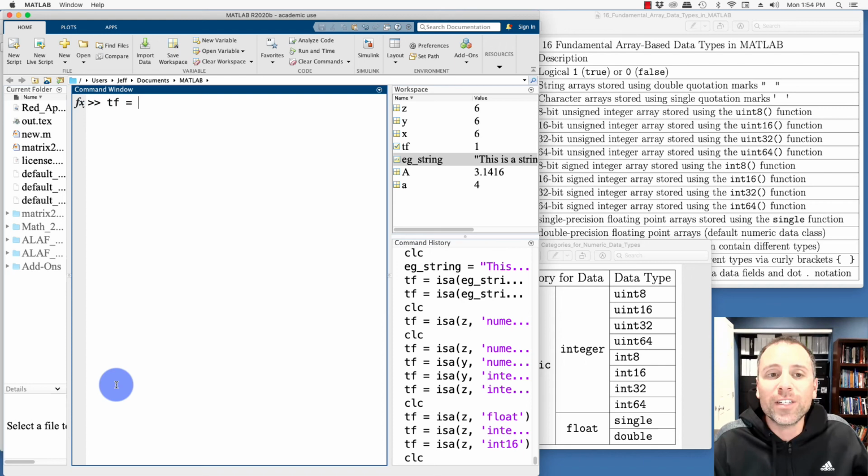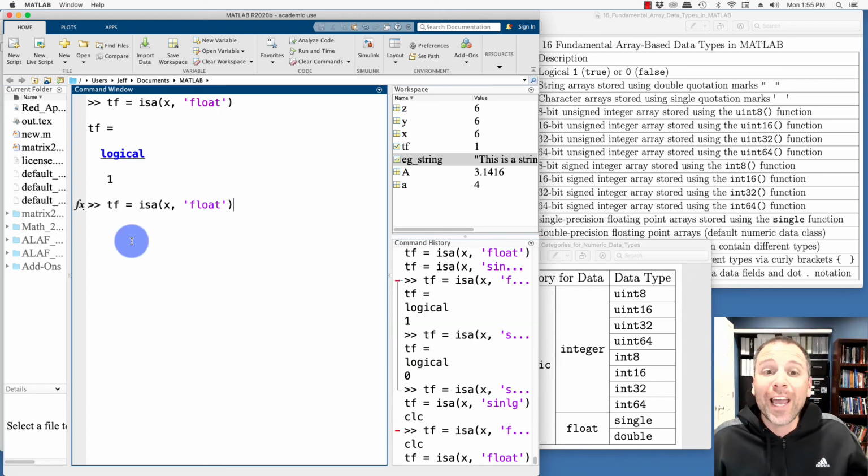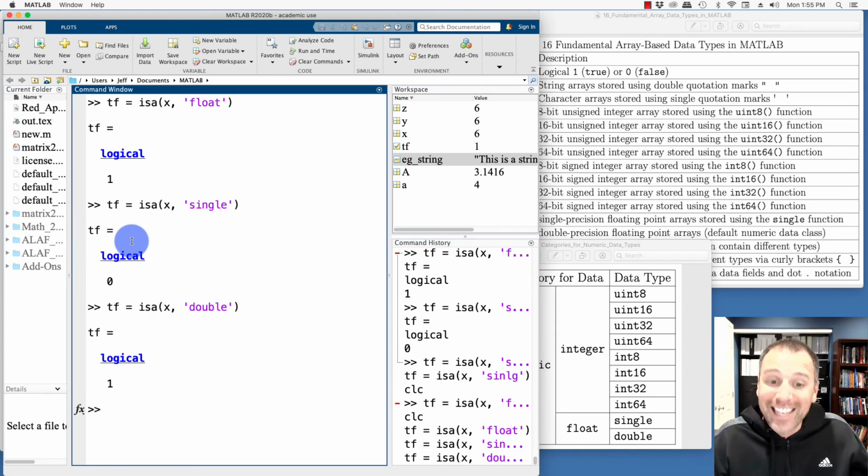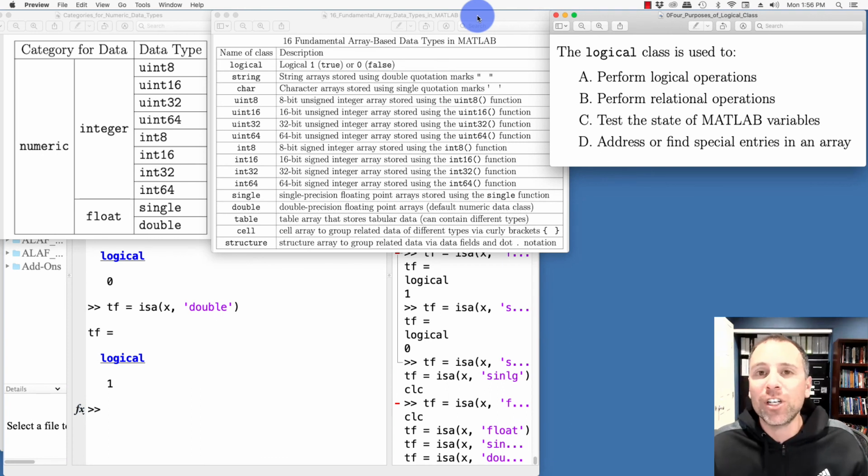Similarly, we could do another test. Is the variable, let's call it X, stored as floating point data? Yes, it is. Okay, what type of floating point data is it? Is it a single? No, it's not. Is it a double? Yes, it is. All of a sudden, we're able to test the class of the data based on the isa function. In other words, the isa function allows us to test what type of data class is used to store information